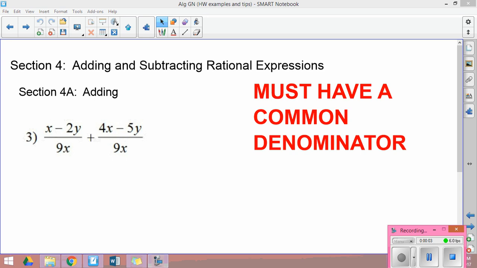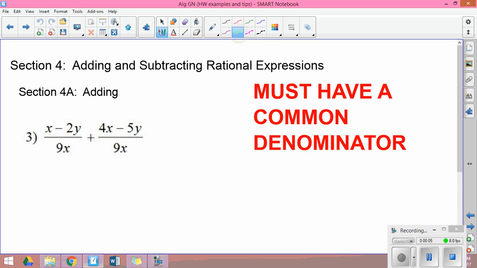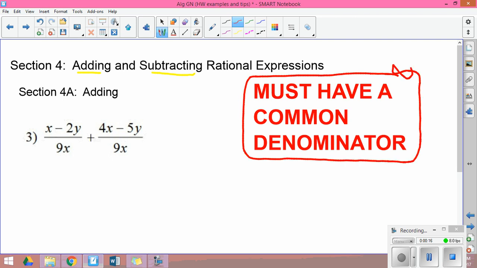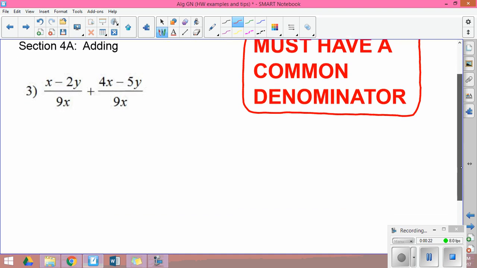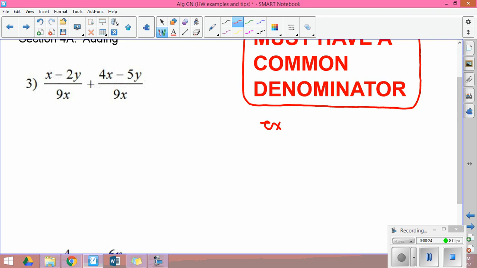Section 4 is moving into adding and subtracting rational expressions. So we're still dealing with those fractions with variables in the denominator. And as you can see, this is the most important thing. In order to add or subtract fractions, you must have a common denominator. So if we just step aside for a minute and think about how we add 1/2 plus